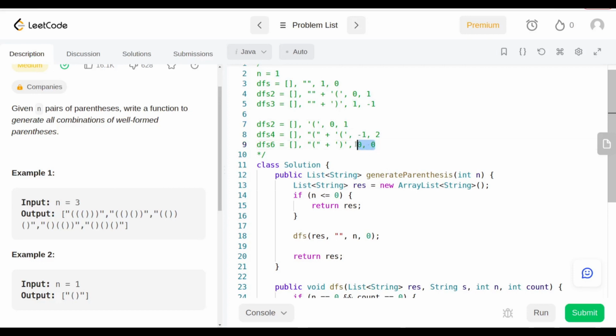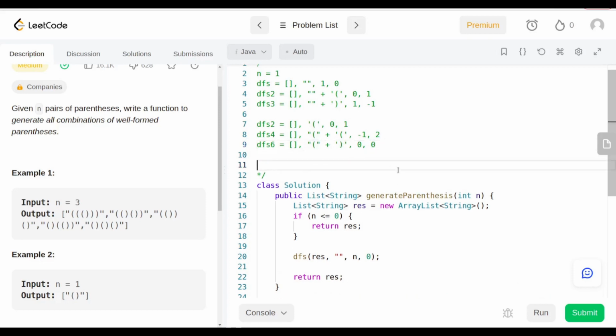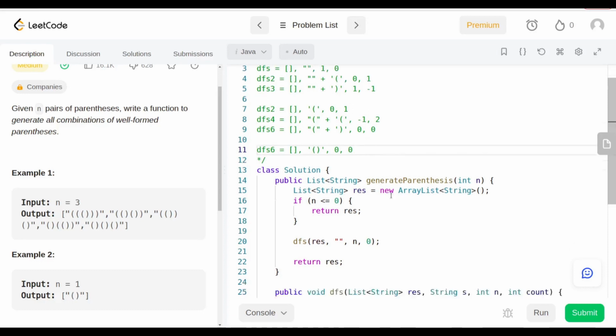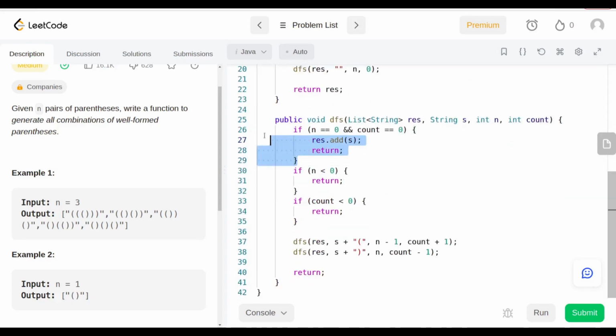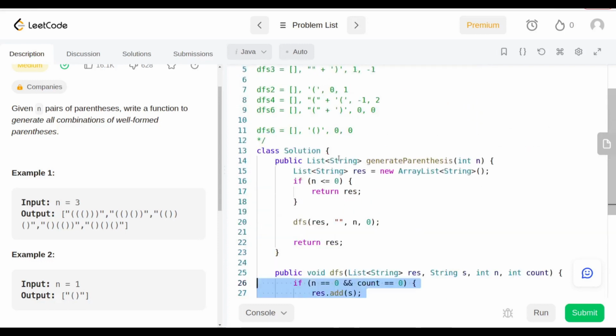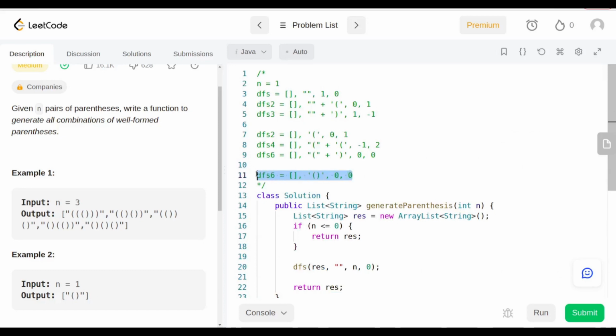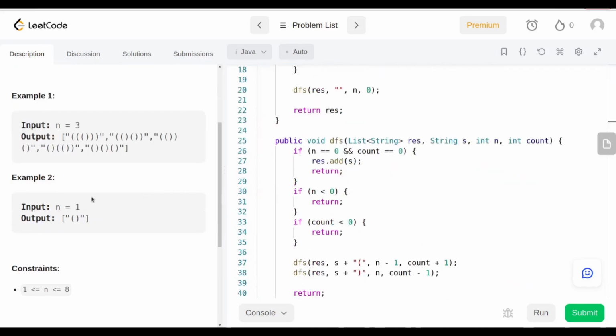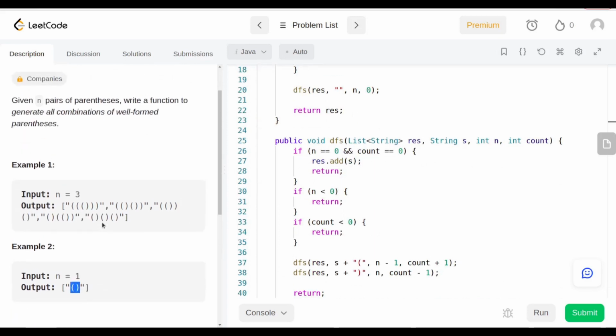So both of them are 0 over here, so this thing is gonna be DFS 6, can also be written as 0 and 0. This is the condition over here. When both of them are 0, we're gonna take our current string and make it part of the result and return. And we're gonna be returning this one, so this is gonna be the only answer. If n is equal to 1, this is the only valid